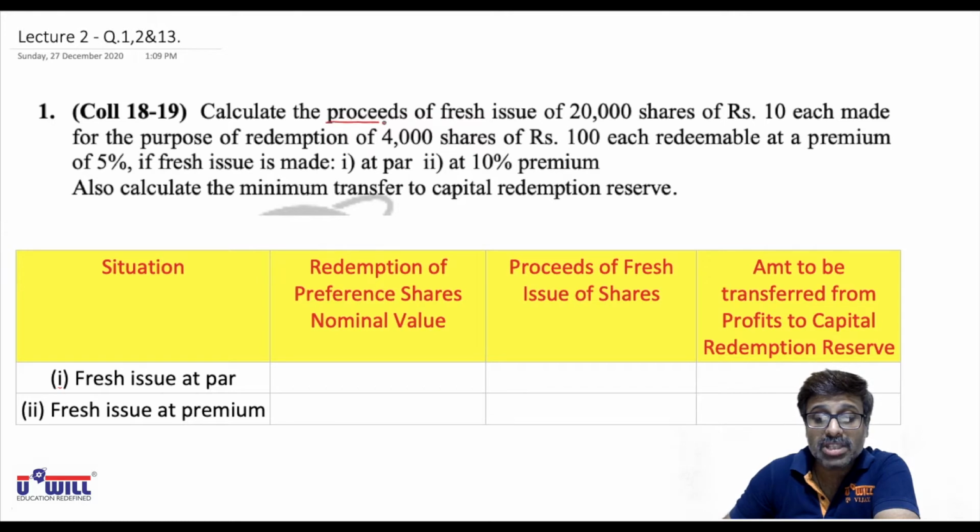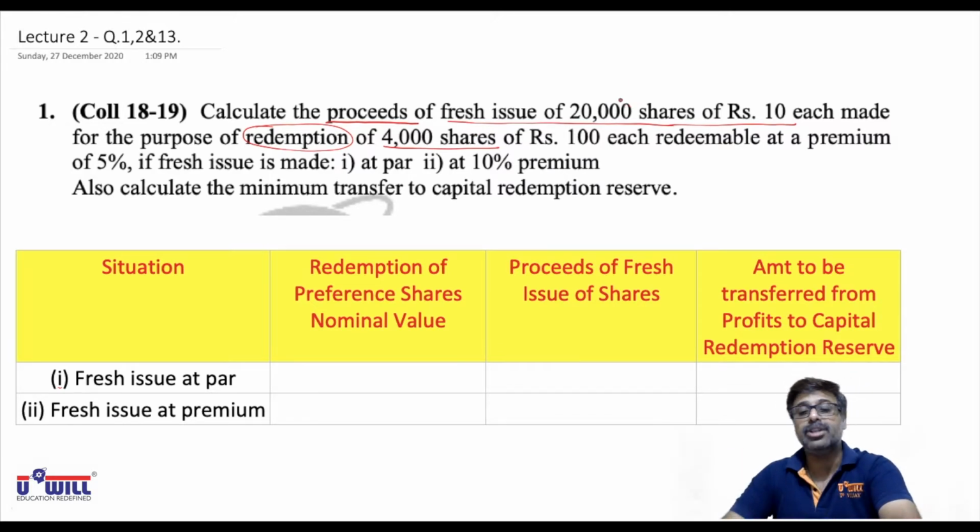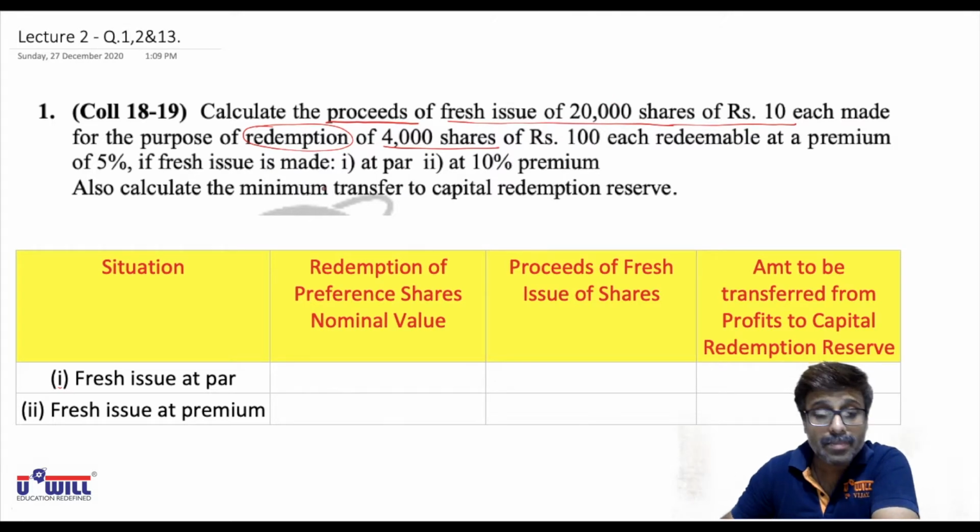Calculate the proceeds of fresh issue of 20,000 shares of rupees 10 each made for the purpose of redemption. Clearly, the company has made a fresh issue of 20,000 shares of rupees 10 each for the purpose of redemption of 4,000 shares, which means these are the preference shares to be redeemed. Whether the fresh issue is equity or preference is not mentioned, so we can assume it's equity shares, but redemption of equity shares is never possible as per the Companies Act. So this is redemption of 4,000 preference shares of rupees 100 each, redeemable at a premium of